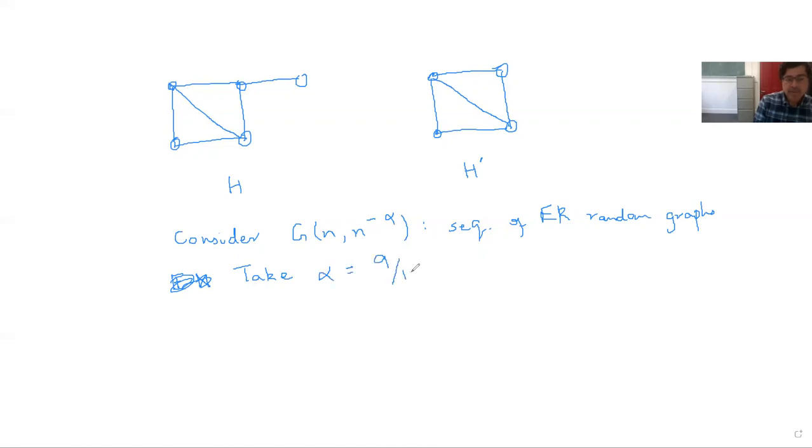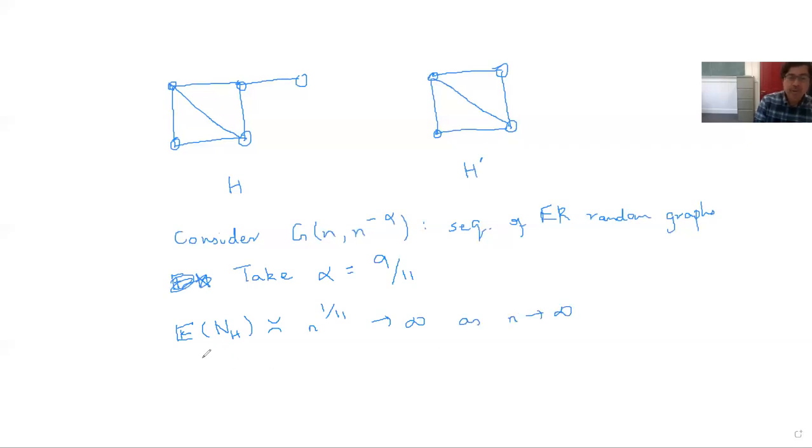And for this specific value of alpha, we saw that the expected number of copies of H in this random graph is approximately like n to the plus 1/11th. And so this goes to infinity as n goes to infinity,